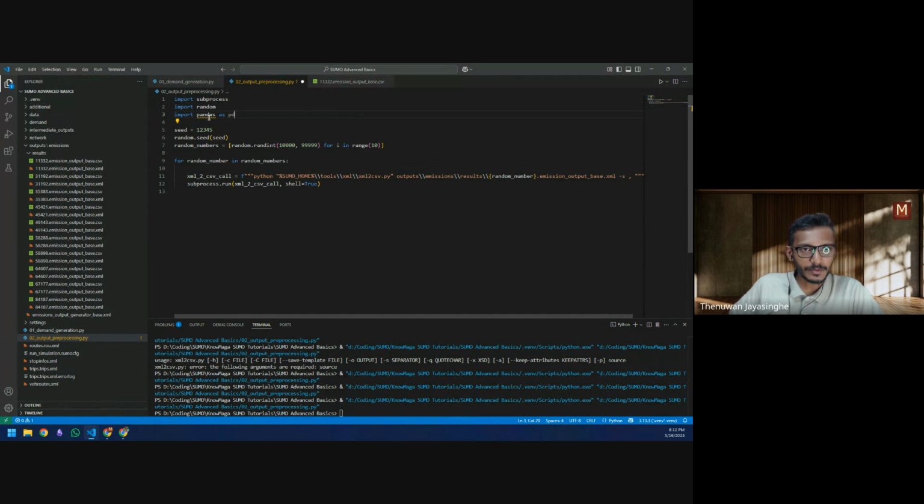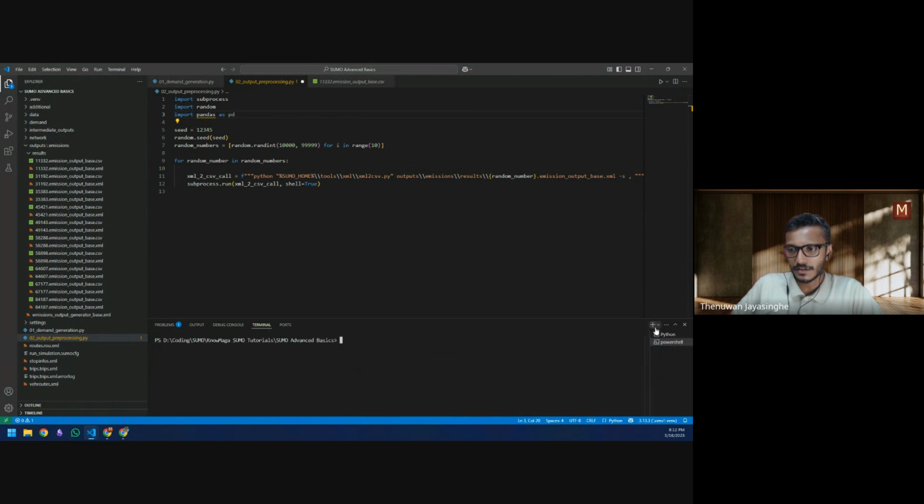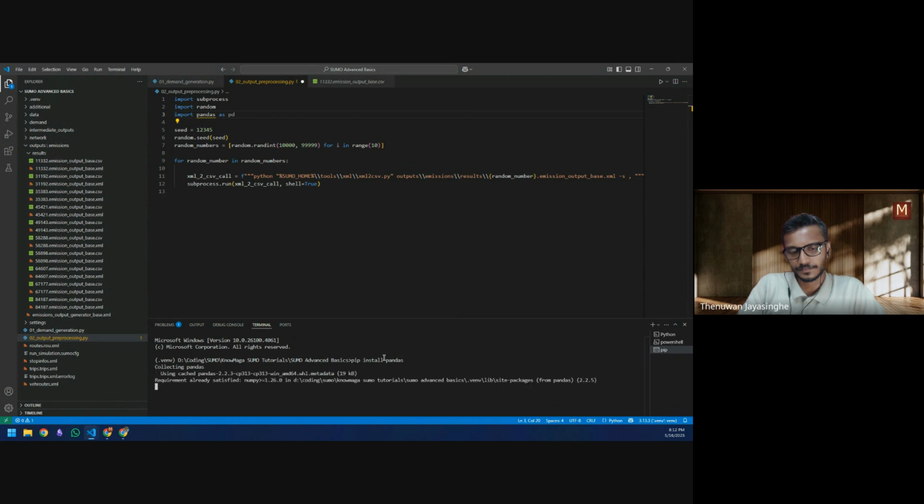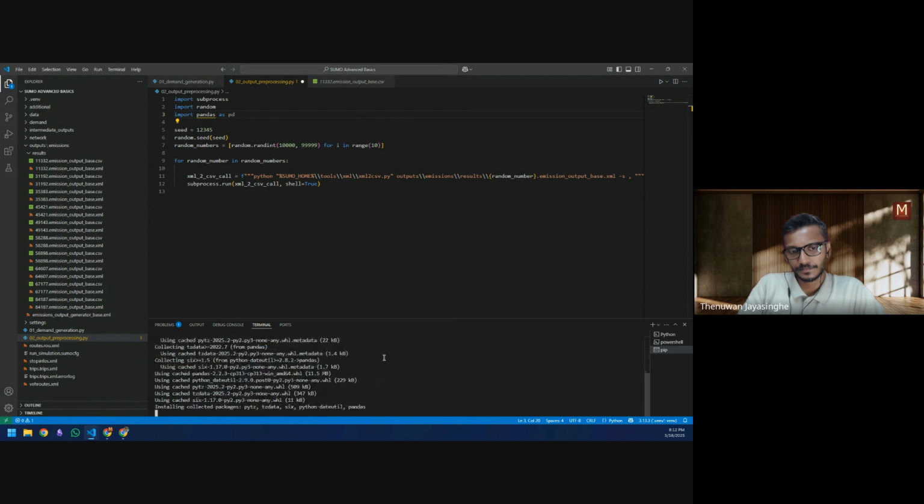Let me make sure that I have pandas with me. It seems I don't. So let's install pandas. Right, so while it's being installed, what I'm trying to do here is to read the output